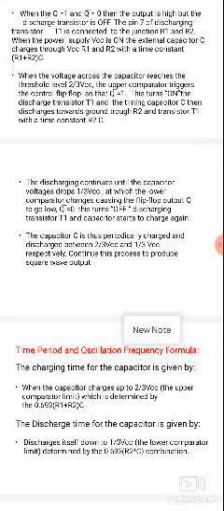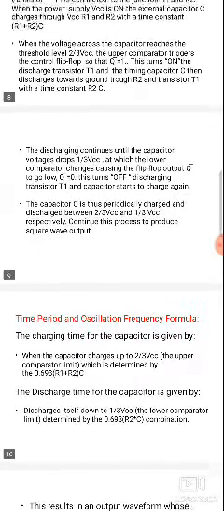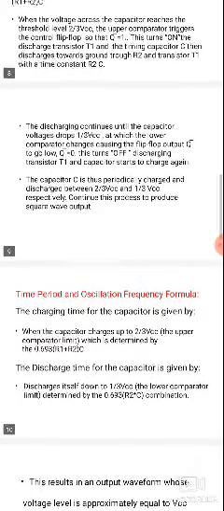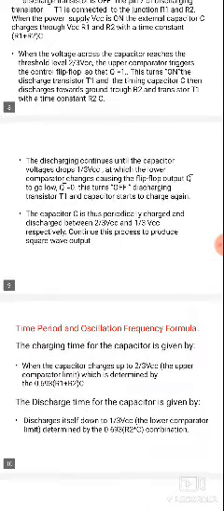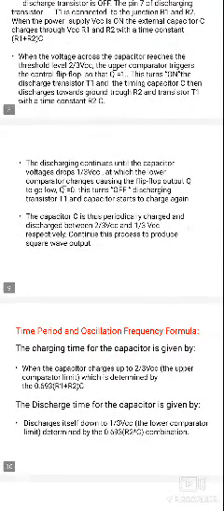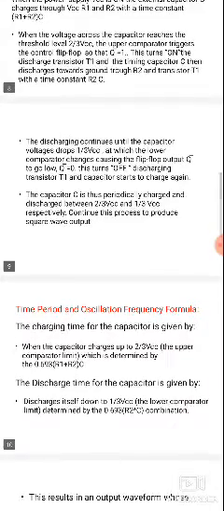Then the state changes from low to high, and the capacitor is charged through the R1 and R2 resistors, and the time constant is (R1 + R2) times C. The timing capacitor discharges through R2 and the transistor with a time constant of R2 times C. Charging is (R1 + R2) times C, but discharging is only R2 times C. Both R1 and R2 are used for charging, and only R2 is used for discharging.